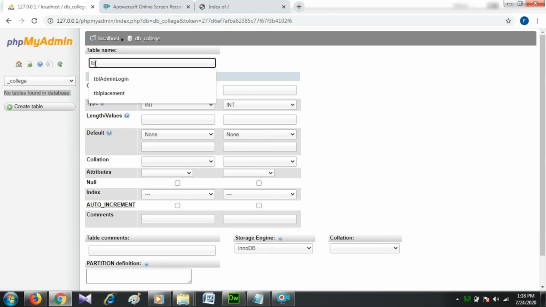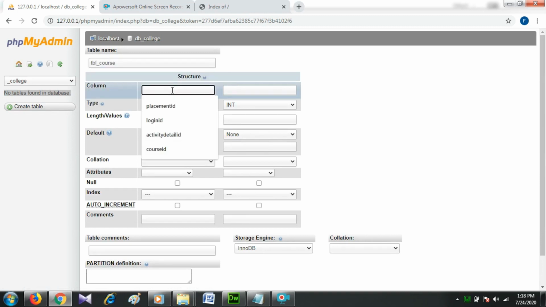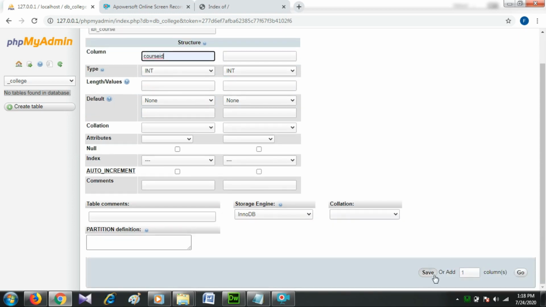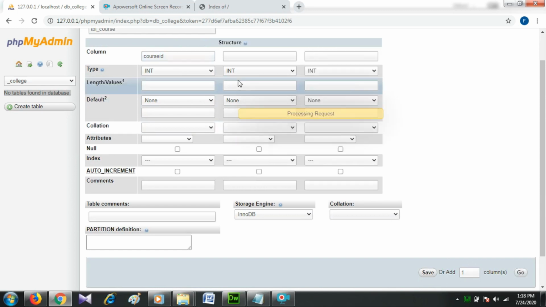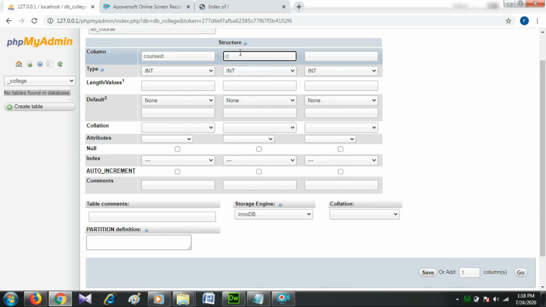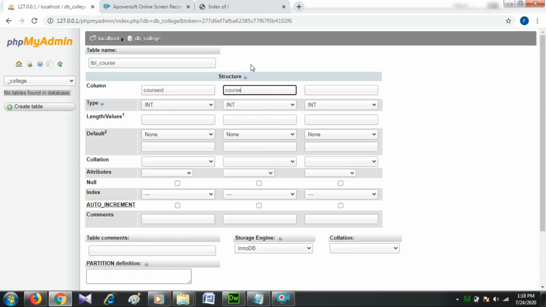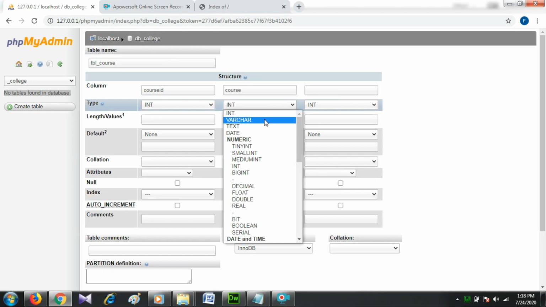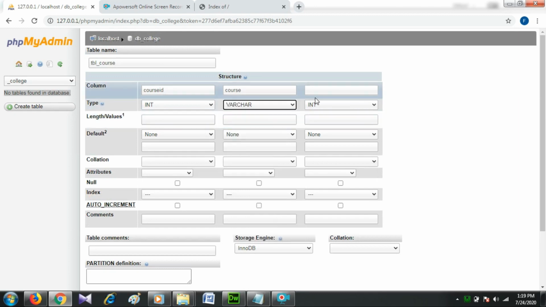Then our table name is tbl_course and our table contains 3 fields, but here we can see 2 columns for entering the table fields. So there are options at the bottom of our screen, add columns. Here we can enter how many fields for the table; there is a column for entering 2 fields and I enter 1 in this text box and click on Go. Now we can see 3 rows for entering table fields. Then enter the first field of our table, that is course ID.